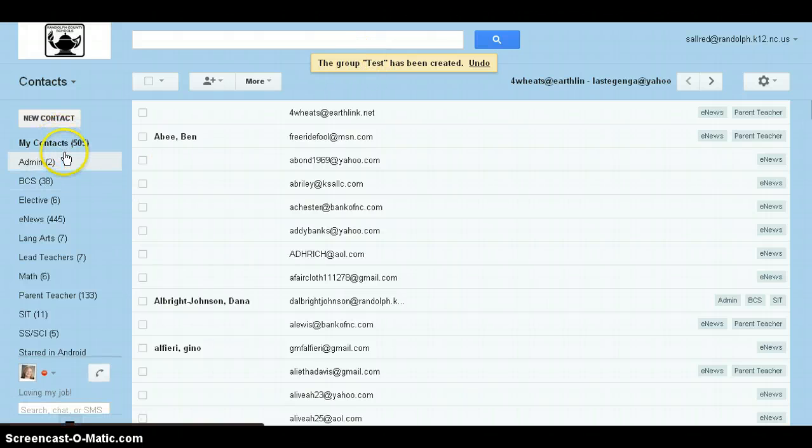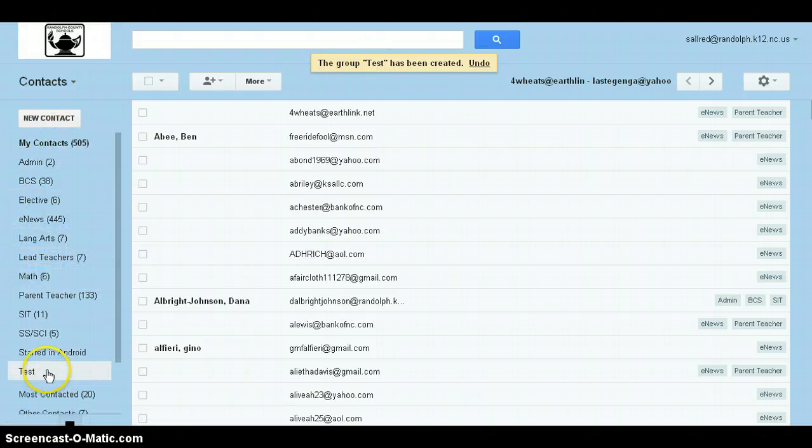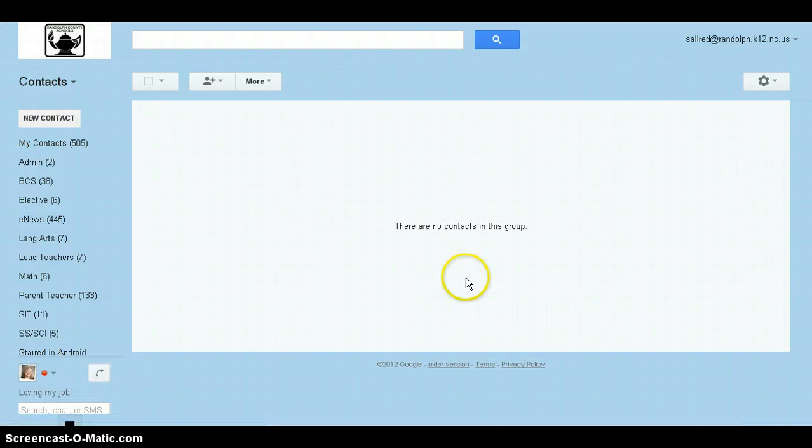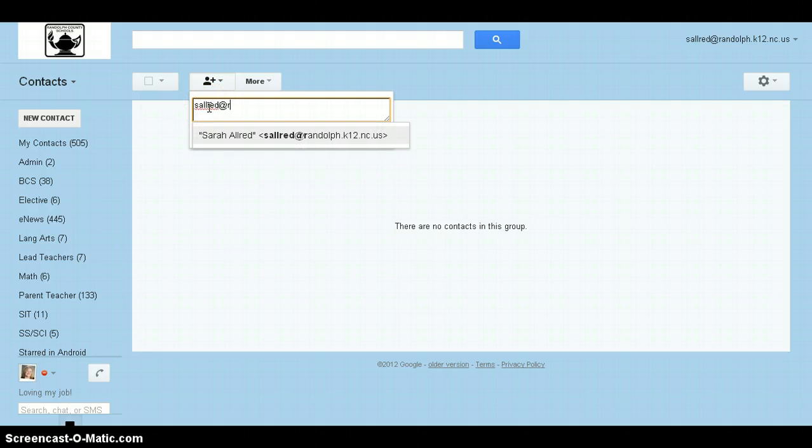Now over here on my contacts list, there it is, the word test. So I'm going to go to that group. Right now my group is empty. I want to add some people. You see there's a little person with the plus sign that's telling me I'm going to add, and then I'm going to type in the email addresses I want. So if I wanted to put myself,